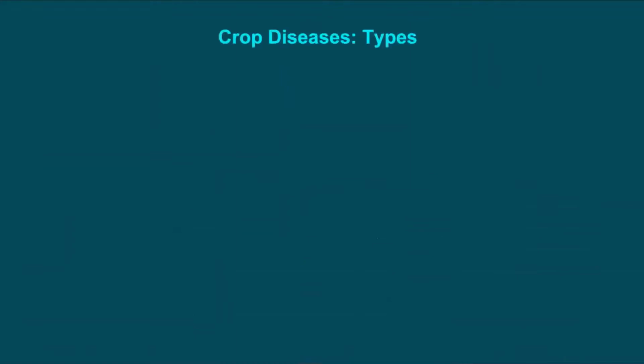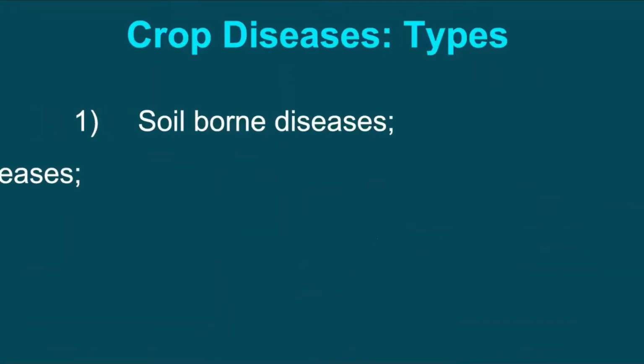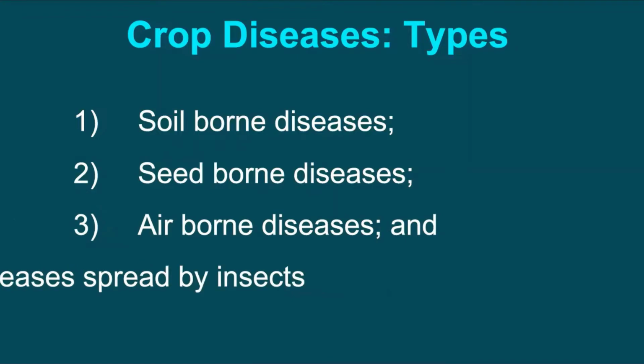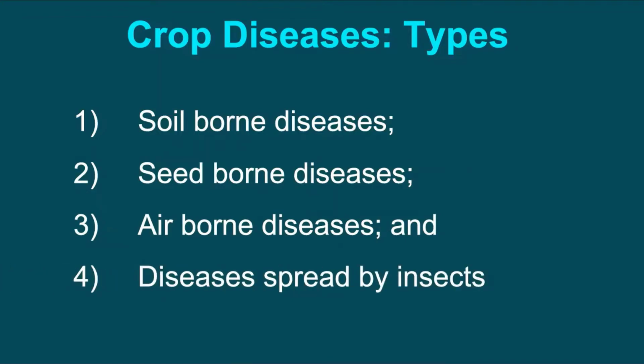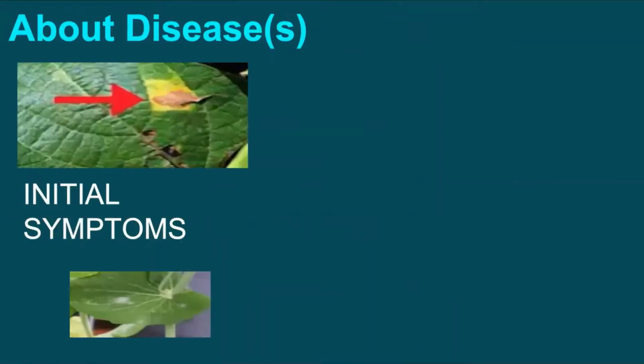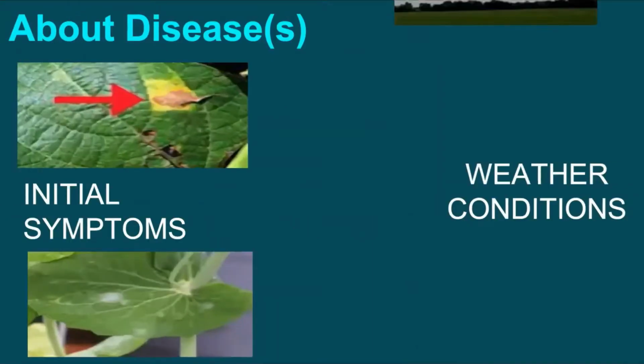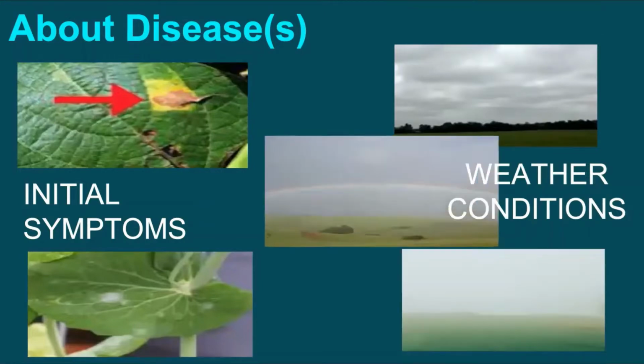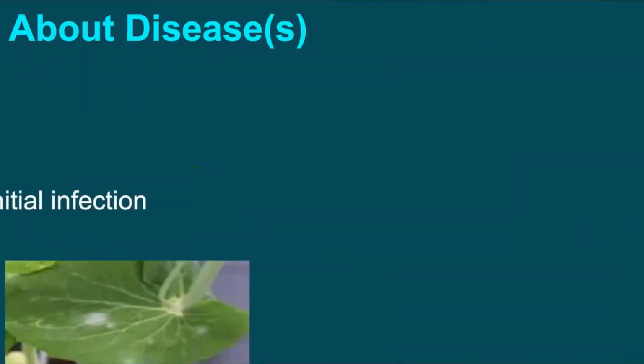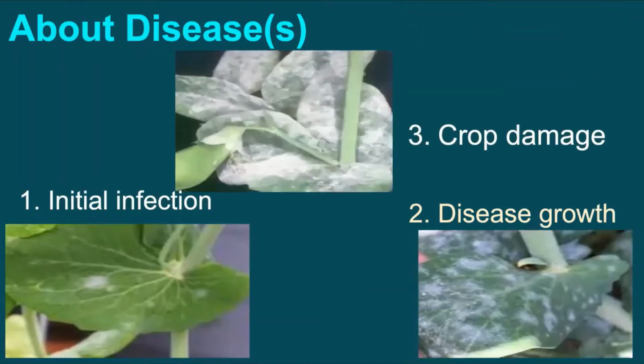Depending upon the source of infection, diseases can be divided into four broad categories, namely soil-borne, seed-borne, airborne, and diseases spread by insects. To have an understanding about the diseases, identifying symptoms, weather conditions favoring the diseases, its development process, different stages of diseases, and knowing when and how to either prevent or effectively control diseases are the first step